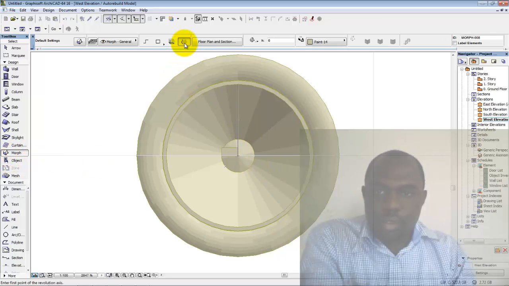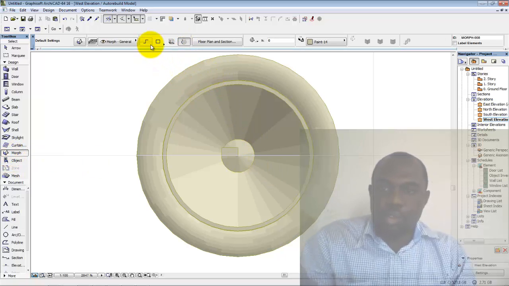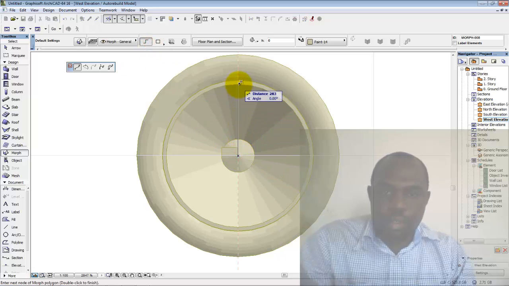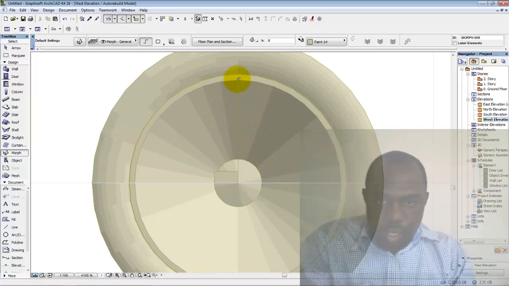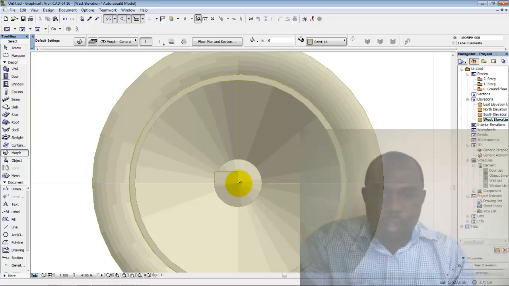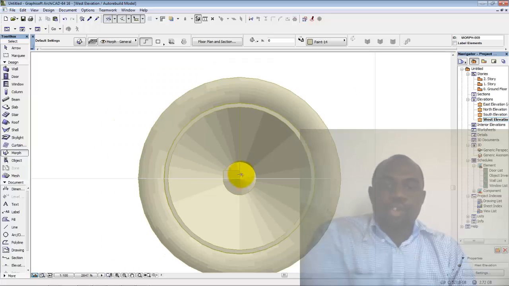Okay, sorry, it's on this tool. It's supposed to be on the normal line tool. So just click here, click there, and click again. So we can see the line tool is a faint line. So right now we're going to